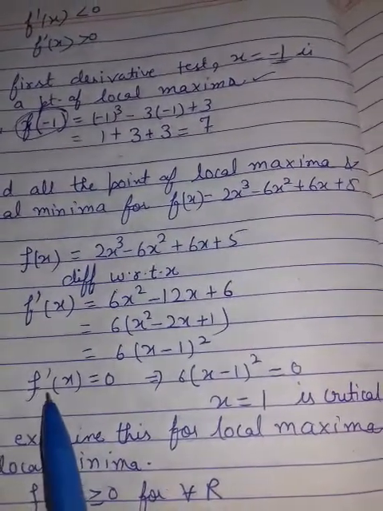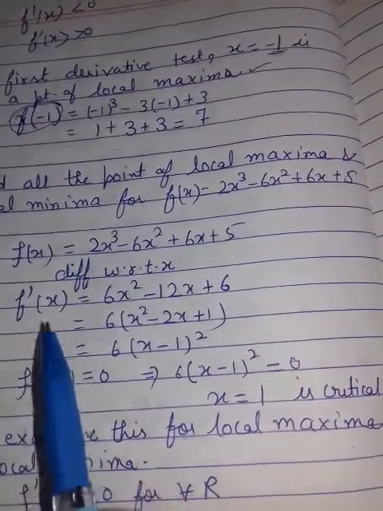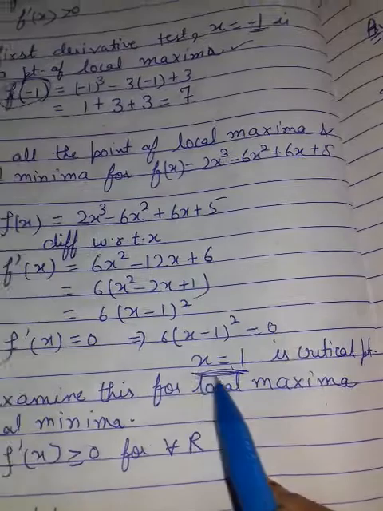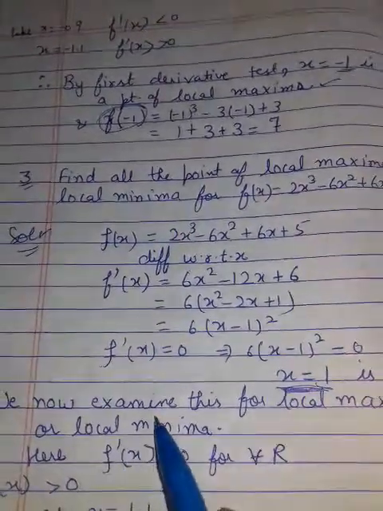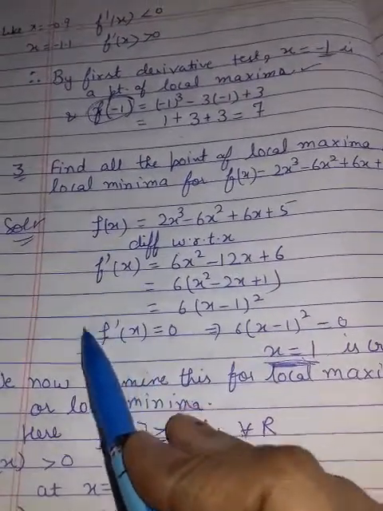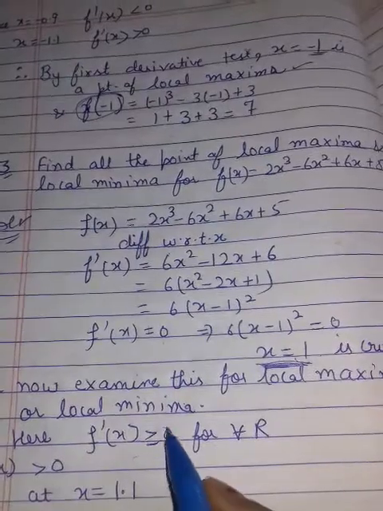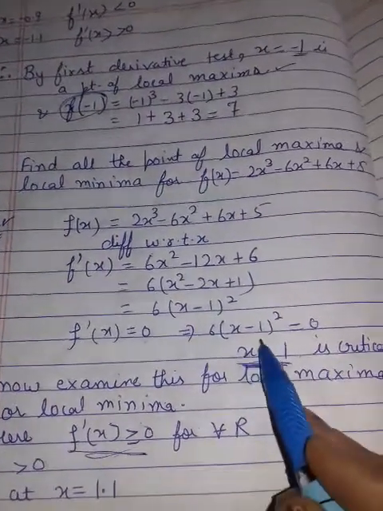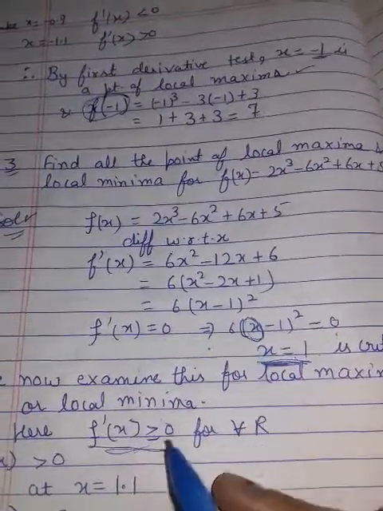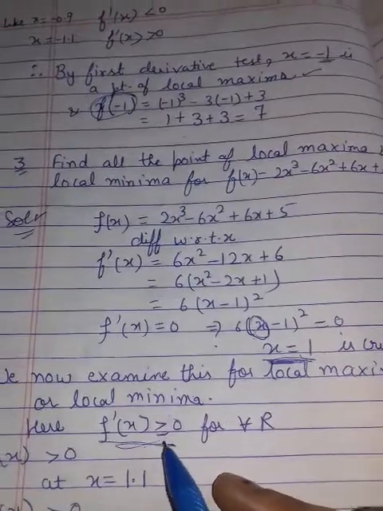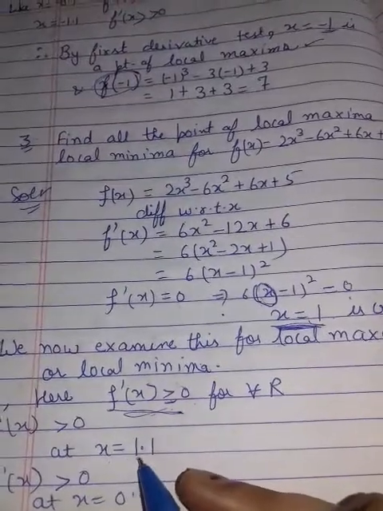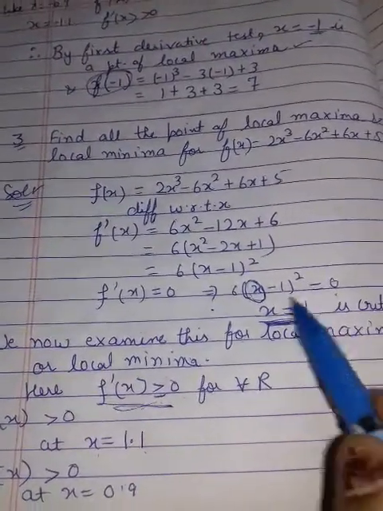So when we put f dash x equal to 0, you get this point, x equal to 1, which is your critical point, your turning point. Now we will examine this for local maxima or local minima. You will observe this function f dash x is greater than or equal to 0, meaning it can never be negative. Any value you put in place of x, it will remain more than or equal to 0. So whenever we take x equal to 1.1, you are getting again f dash x